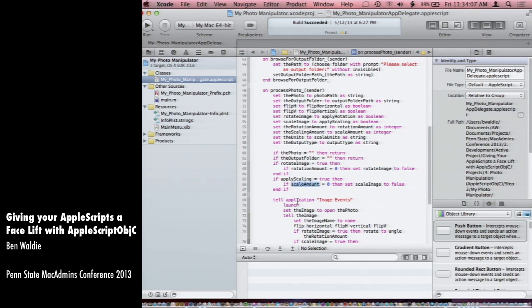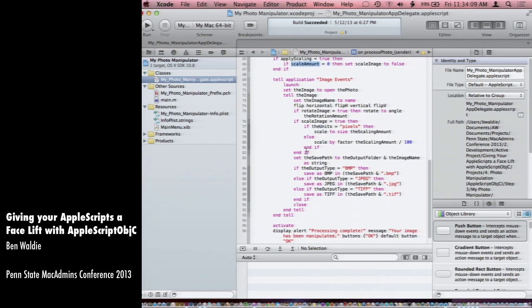Apply scaling, same deal. And then I have all these if-then things in the image events code that basically decide, okay, if rotation is true, then rotate the image a certain amount. If scale image is true, then, based on whether they chose pixels or percent, scale it a different way, and all that stuff. So if I run this,